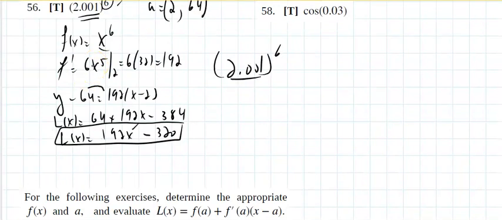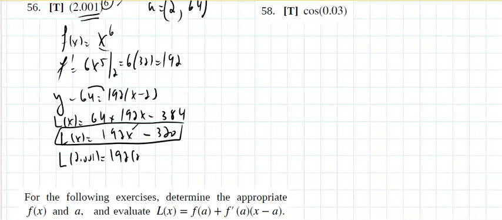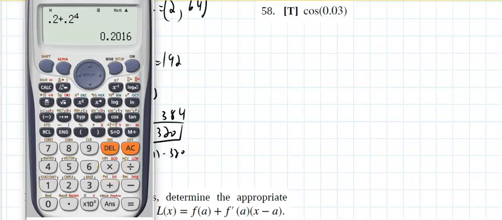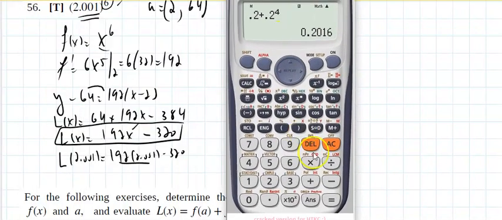2.001 to the 6, I'll have to multiply that by itself 6 times. Or I could say, look, what is L of 2.001? That is 192 times 2.001 minus 320. Now, it's true you're going to multiply that, but you're going to do that only once instead of doing that 6 times. You get the answer, you multiply it by 2.001. And imagine if that was to the 60th power, then the same deal will happen. And what would this be? Well, let's see. If I take, and again, I could multiply that by hand. It's not going to take that long, but for the sake of time on the video,